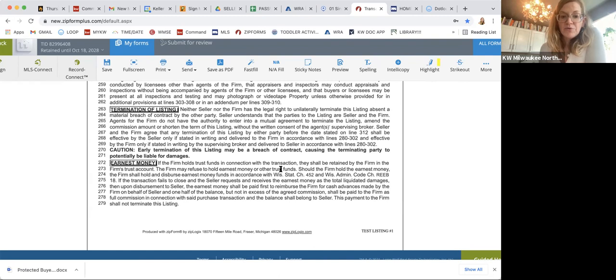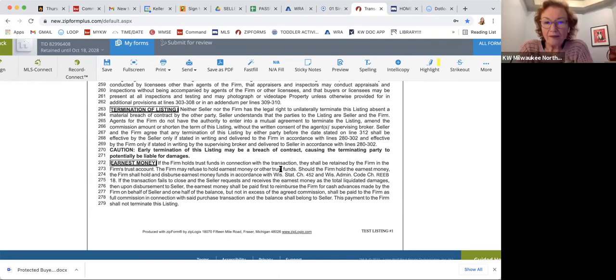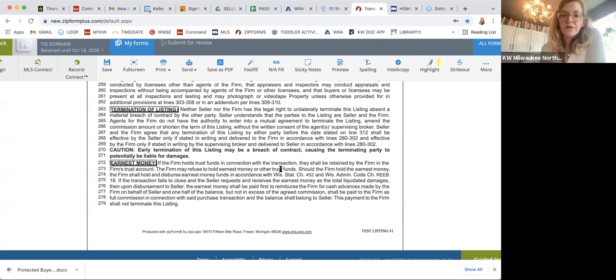And affected by the firm only if stated in writing and delivered to the seller. Caution. And the broker, it says there, but again, the broker has to sign that amendment to the listing contract. Early termination of this listing may be a breach of contract, causing the terminating party to potentially be liable